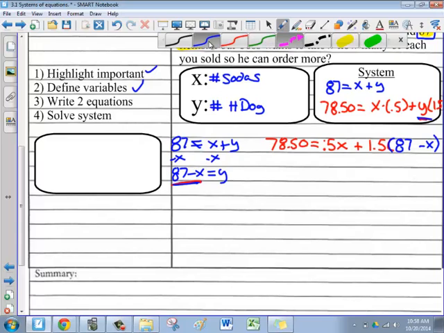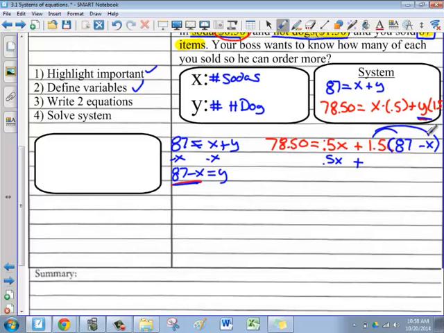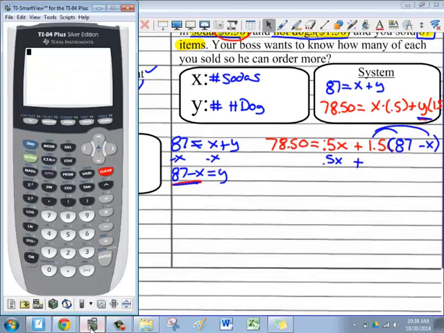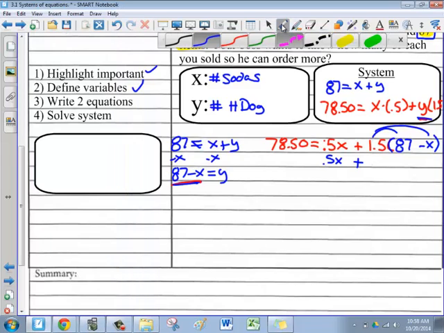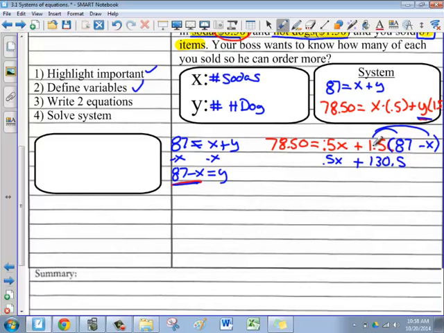Okay, so I've got 0.5x plus, we'll distribute here. So what's 1.5 times 87? Oh wow, okay, so 130.5. And 1.5 times negative x is minus 1.5x. And this is all equal to 78.5 right there. Now I'm going to combine this with this. When I combine those two together, I still have my 78.5 equal to this and this, because of the negative there. 0.5 minus 1.5 is negative x, plus